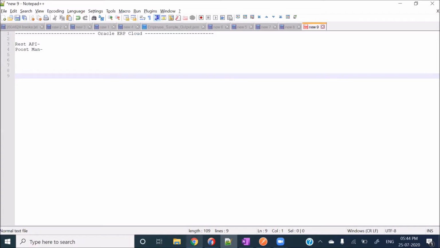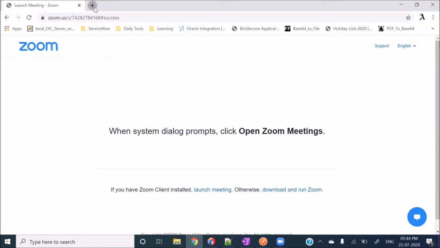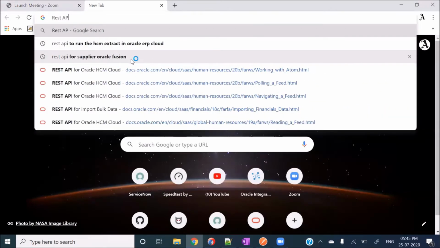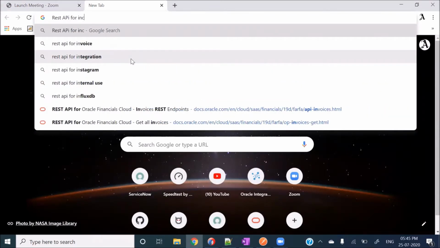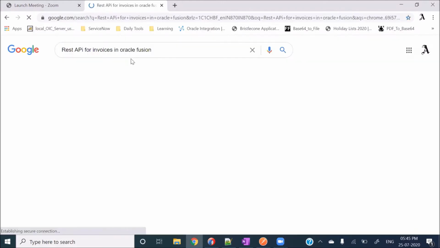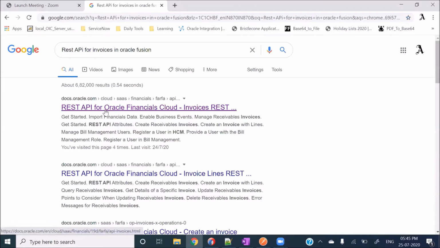So let's go to Google, and directly what you can search is REST API for invoices in Oracle Fusion. The first page which comes is provided by Oracle itself, docs.oracle.com.